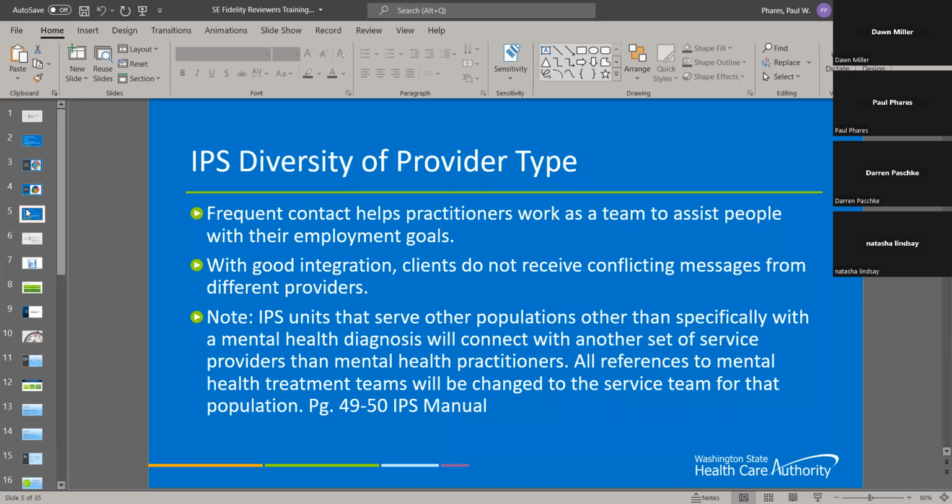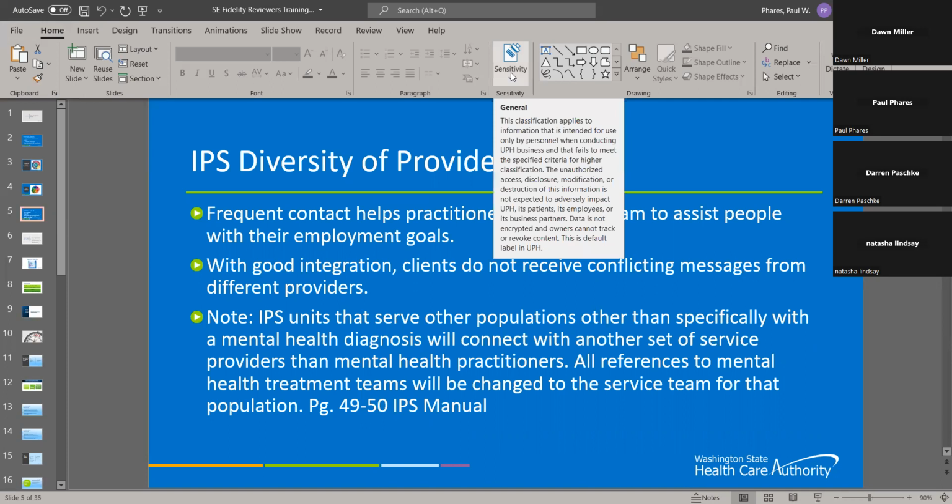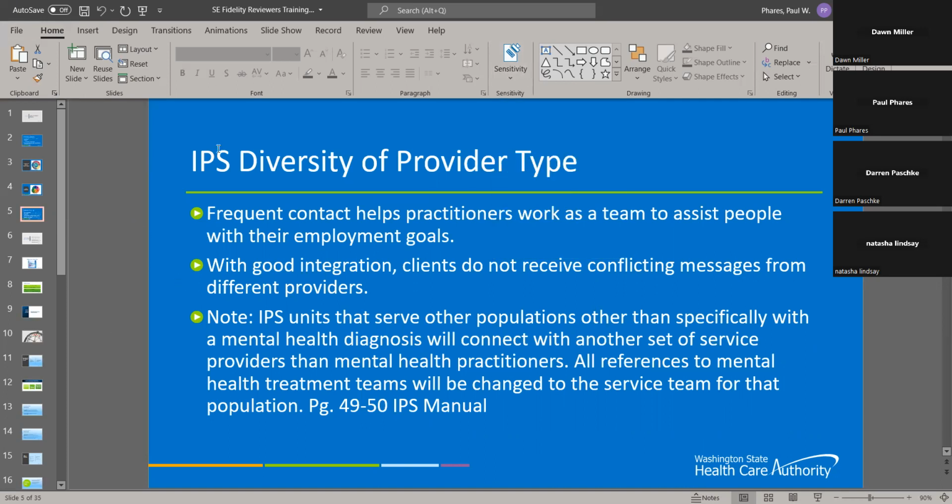You'll see when we get into the Fidelity manual specifically, how the manual really talks about IPS and serving adults with mental illness. And it's good just to think about that they wrote that 20 years ago. And the research that's been done since then shows that IPS works with a variety of different